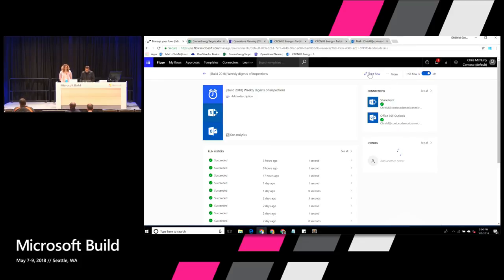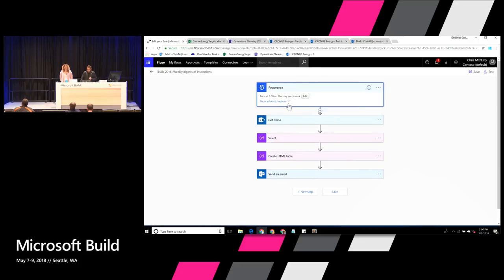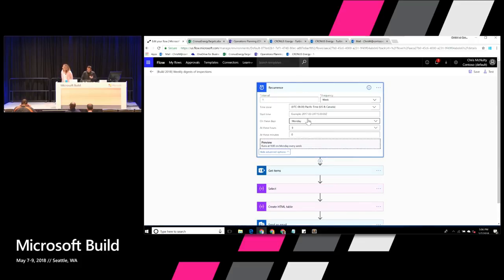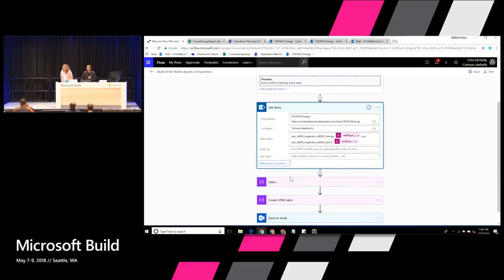We'll take a quick look at what that flow looks like. So I'm going to run a flow every week at 9 a.m. on Monday, and I can configure this if necessary. I'm going to get items from SharePoint. I'm going to use an OData filter query here. So I'm going to get just the items where the last inspection date is greater than 7 days ago and